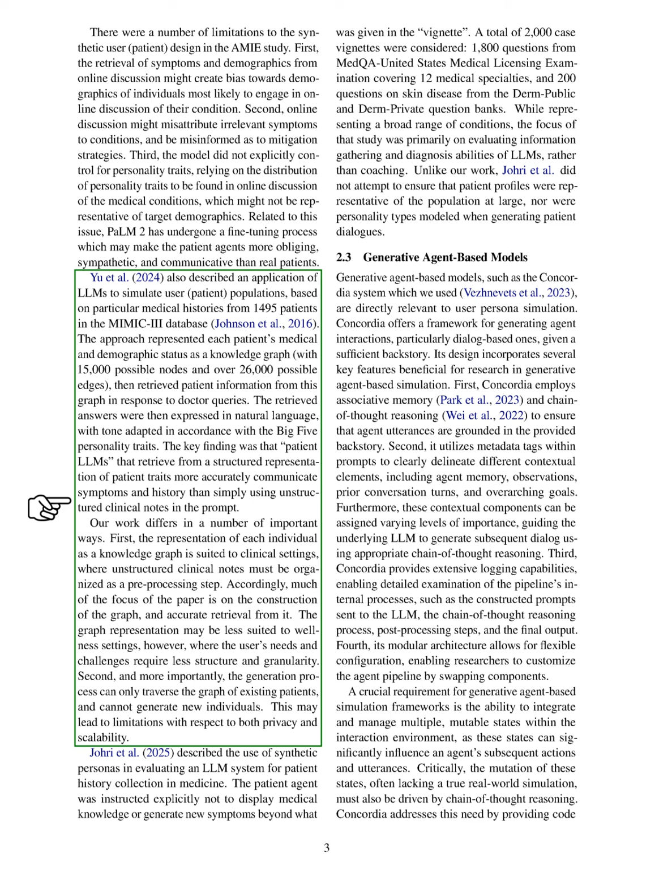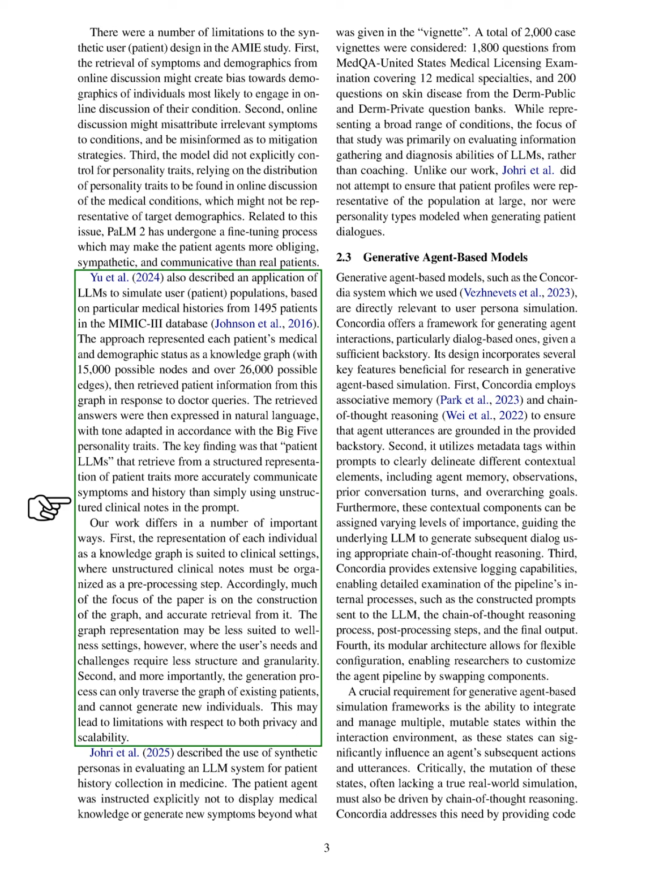Second, the generation process can only navigate the existing patient graph and cannot create new individuals, which may limit privacy and scalability. We employed a reasoning retrieval augmented generation (reasoning RAG) workflow with a knowledge graph from the MIMIC-3 database. This involved developing a knowledge graph from 1,495 patient records, containing a vast number of nodes and edges with various medical entities. 6 agents accessed this knowledge graph, with 2 querying it, 2 verifying the results, and a rewrite agent considering the Big 5 personality traits.